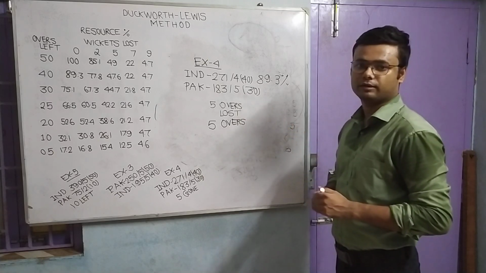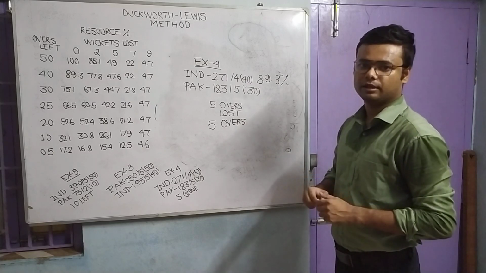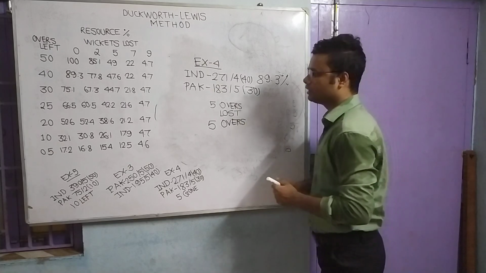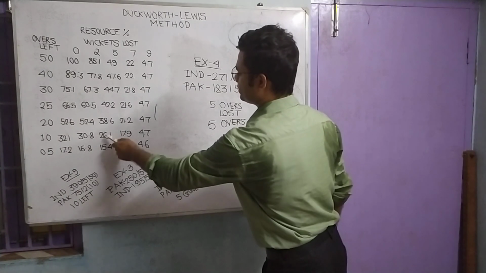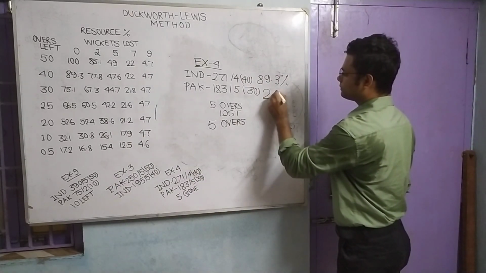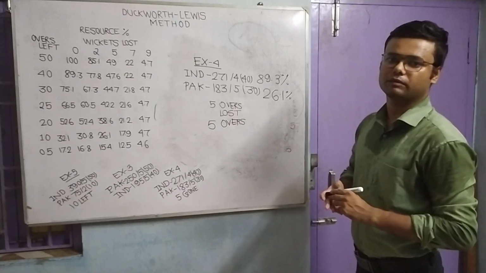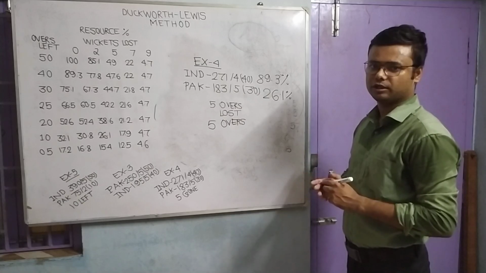They have already batted for 30 overs, which means they have 10 overs left. So with 10 overs left and 5 wickets lost, Pakistan have 26.1% of resource left, but due to 5 overs lost,